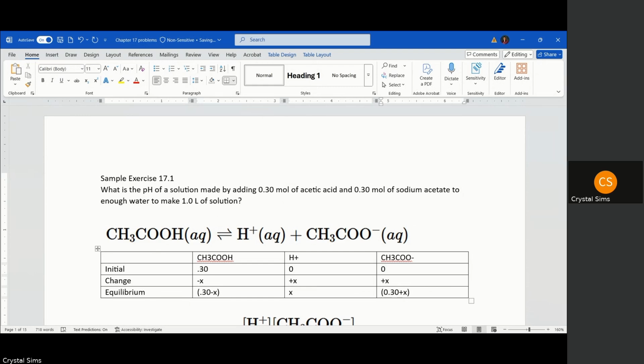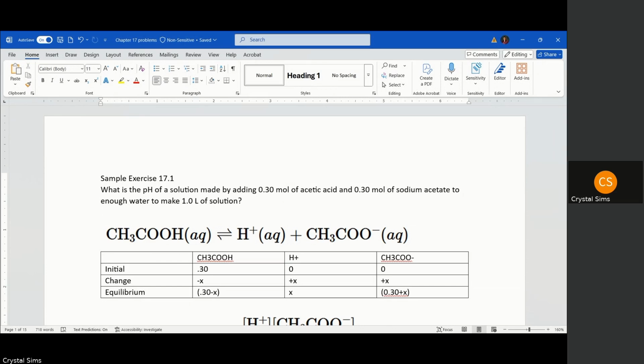Now this is a little different than what we've seen in some of the ice tables that we've done, in that a lot of times we just have an X right here in this last spot in our ice table. But this time you'll notice that we have 0.30 plus X. The equilibrium concentration of this acetate ion